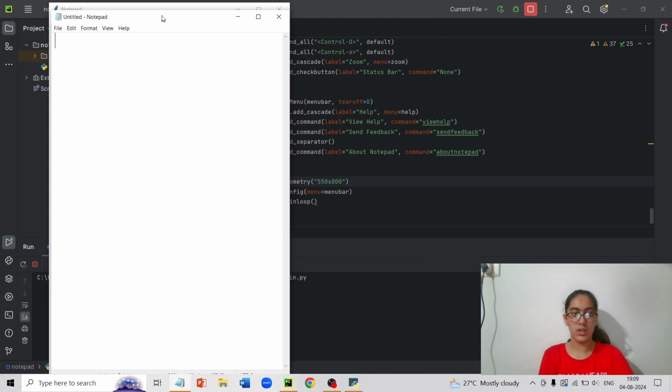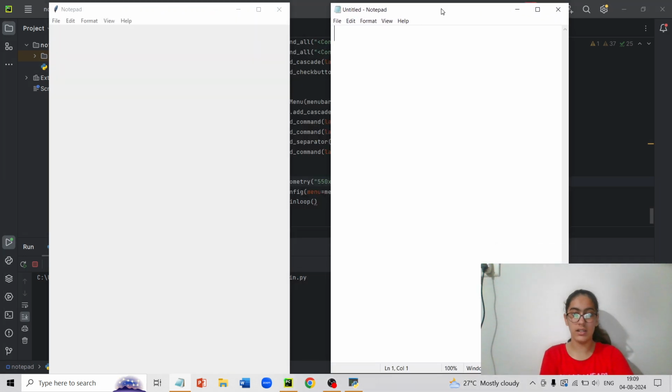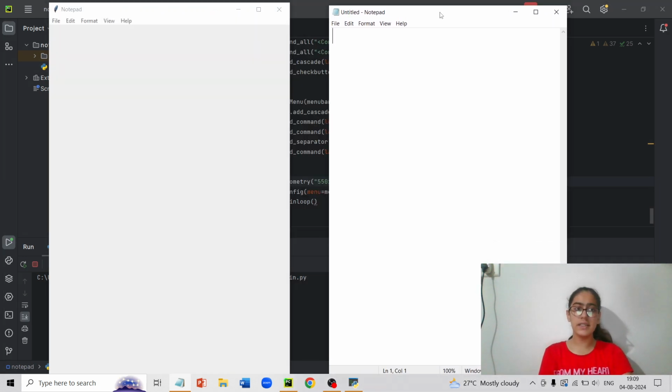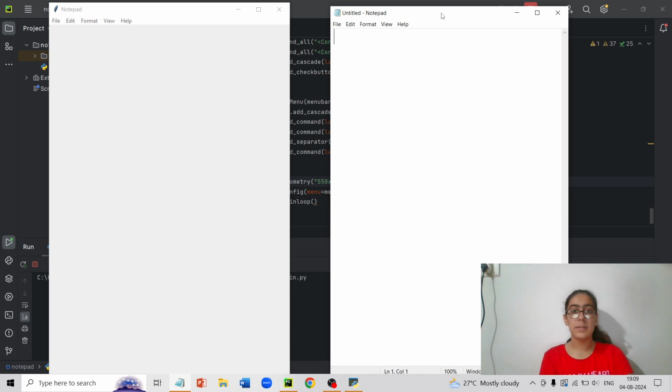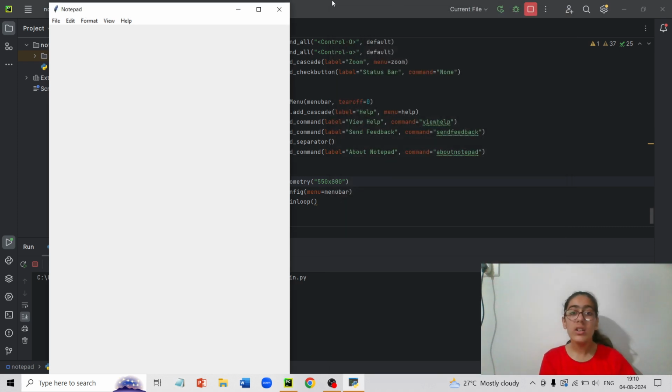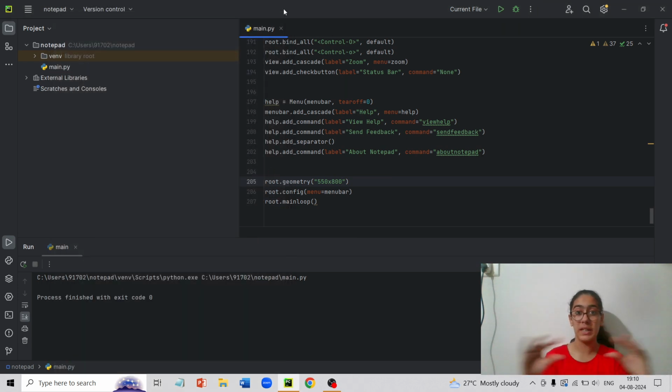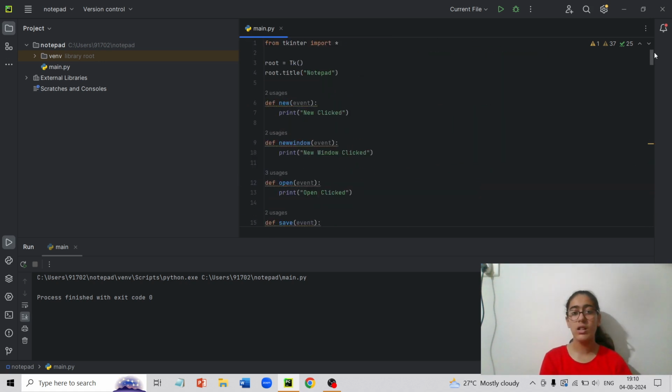So this is our original one, we have this right here. Now of course in this notepad there will be some extra things like this label you might see. Now we have this notepad written over here, there we have untitled dash notepad, we can always edit it. Now we have this logo of Tkinter here, they have the notepad logo here. All these things, how to change for the basics, I will be telling in my next video or a few videos after. So let me just show you how we can change the name.